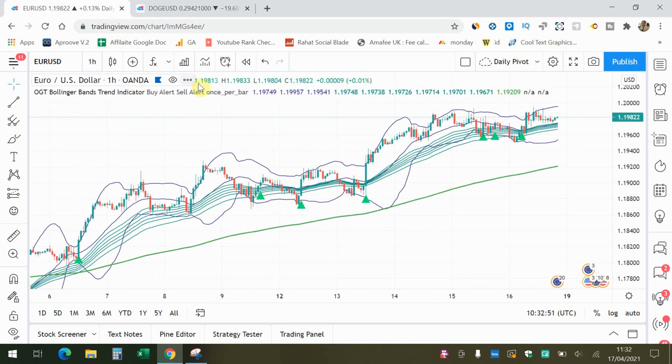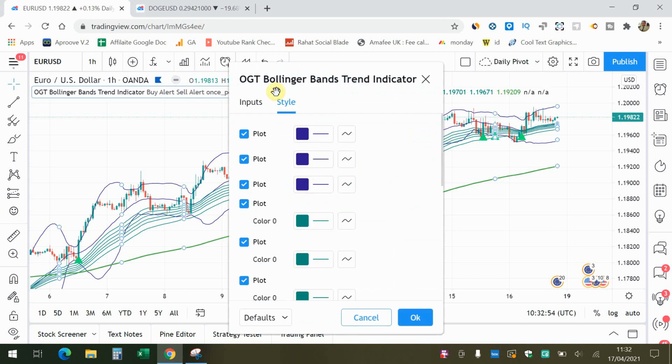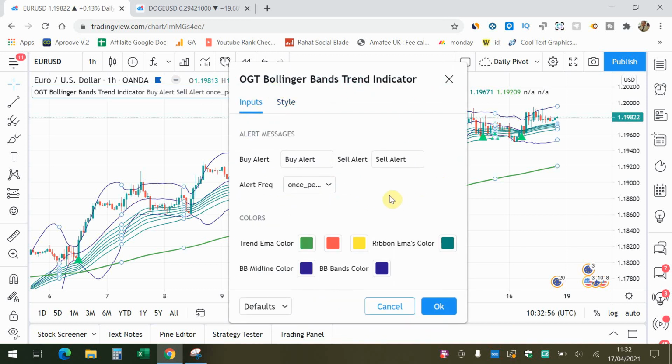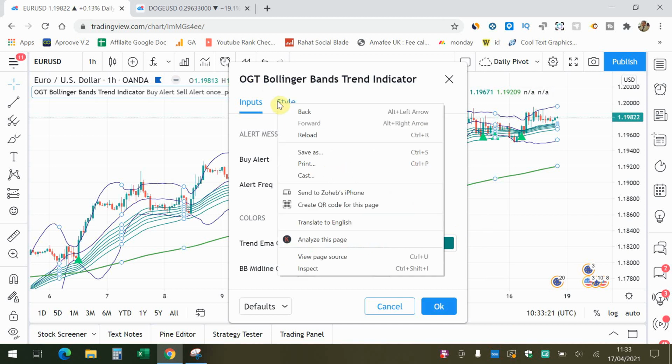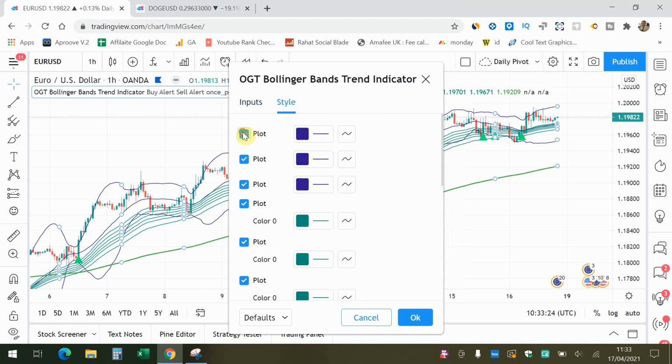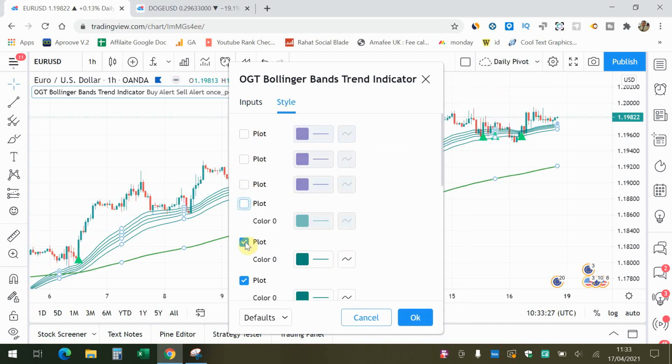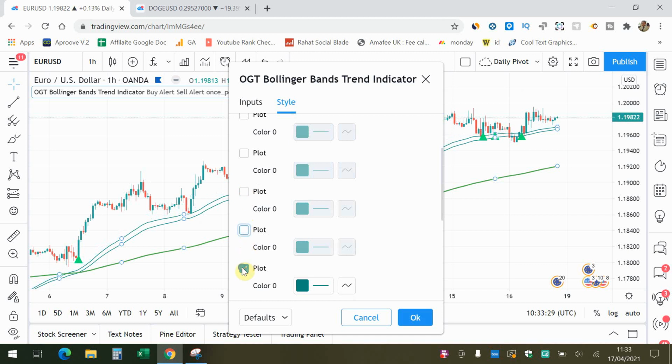In terms of the settings, they're completely customizable. The 200 EMA and all that stuff is built in, and you can't change the volatility of the Bollinger Bands and things like that. But what you can do is change the colors of the EMAs, the colors of the Bollinger Band, and the color of the trend EMA. It gives you a sloping EMA as well, to know when it's above or below price. And if you think there's too much stuff on there and you just want to get rid of everything,